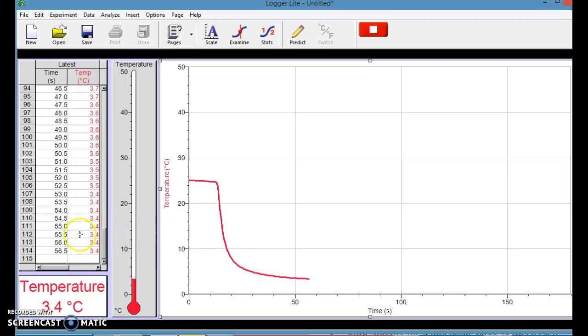So you see over here, I've got my table, and it's collecting my data half a second at a time. And over here's the temperature that it's reading. I'm down to 3.2 degrees Celsius. I've been doing this a couple times, so my water's a little bit warmer than it was when I started. Most of my ice is melted. I was able to get it down to like 1 degree. I don't know if I'm going to get much below 2.5 degrees. Most of the ice is gone, just cold water. This is just a demonstration. It'll go up to 3 minutes as I have it set now, 180 seconds, but I'll end it here